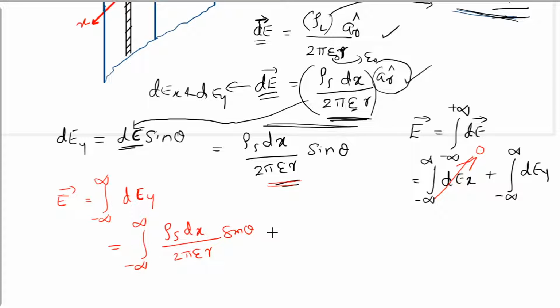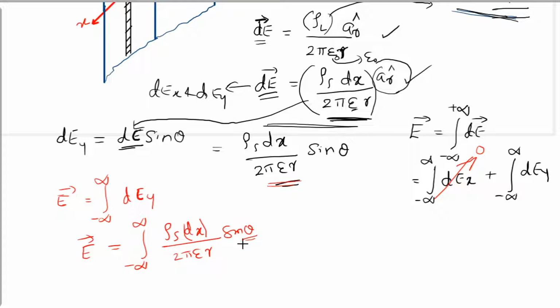Okay, sin theta. Now see here, again we have a problem. How to integrate this? Actually it's an interesting challenge. People who are interested in mathematics, it's an interesting challenge. Now people who don't like integration, this is really a problem, because see here you have dx, variable is x, and here you have theta. Theta is also a variable, right? What is theta? Theta is the angle subtended. Theta will vary, no? So theta is variable, but here you have integration with respect to dx. So what should I do now?